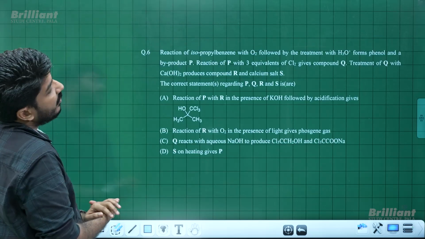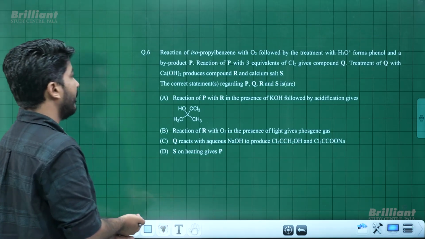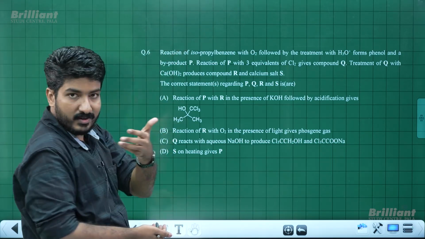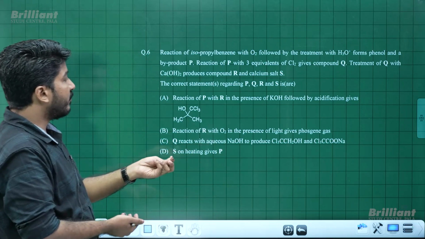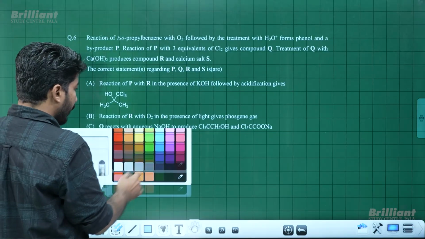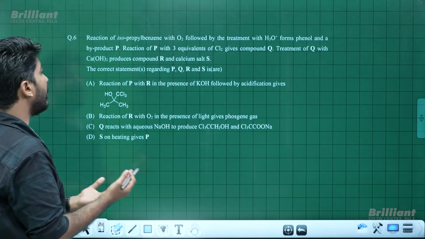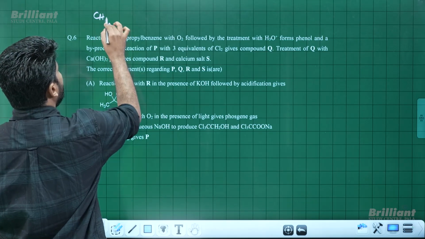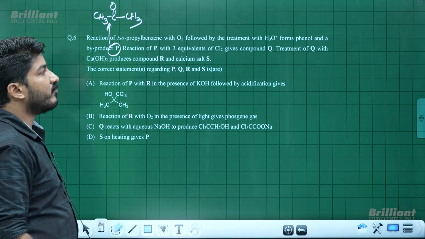Okay, now the next one from the multiple correct section is from organic. The very familiar reaction of isopropyl benzene, or cumene, right? That is the cumene hydroperoxide process for phenol synthesis. So the reaction of isopropyl benzene with oxygen, followed by treatment with dilute acids, forms phenol and a byproduct P. Okay, so we are very clear that byproduct P is going to be acetone. Phenol and acetone are the products of hydroperoxide rearrangement